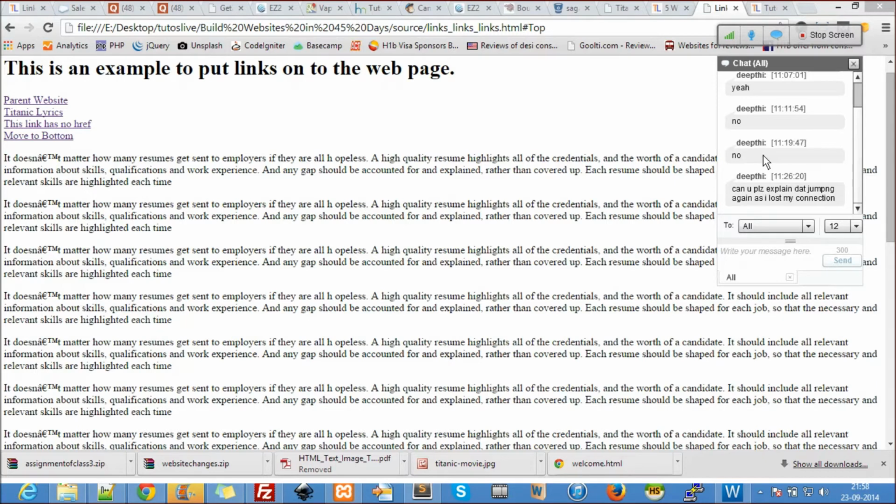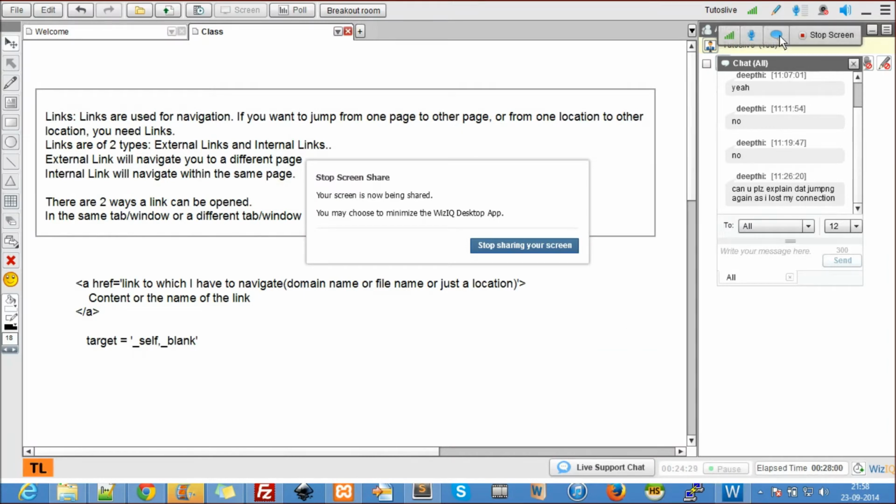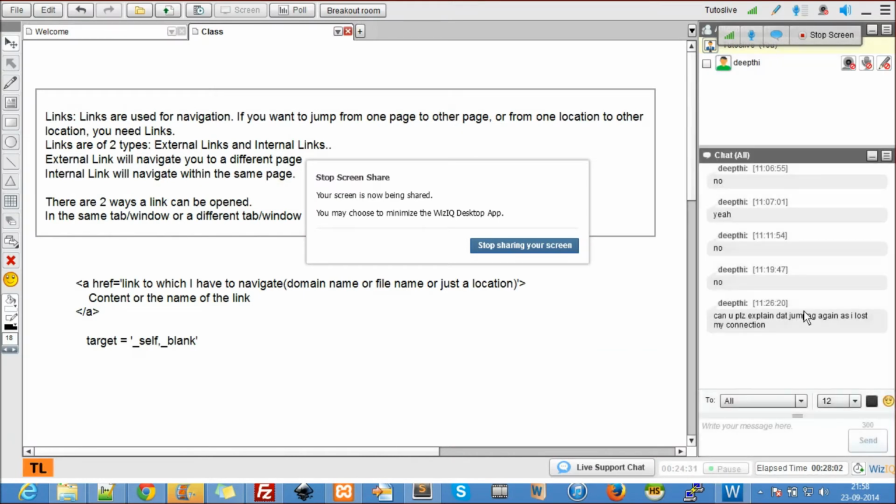You only have a single page like this, and you just jump to the relevant locations whenever I click on a link. Okay, you clear? So id is very important, and hash id in href.